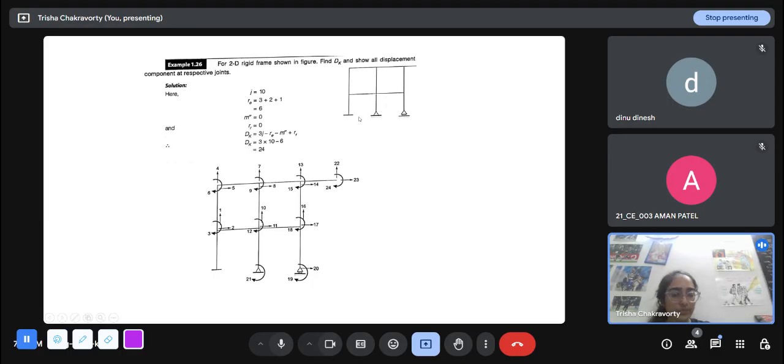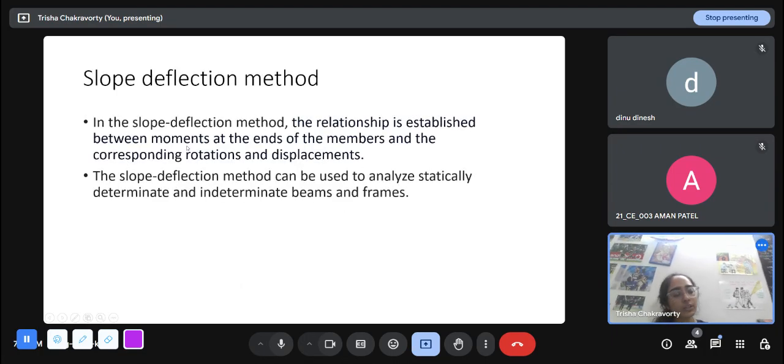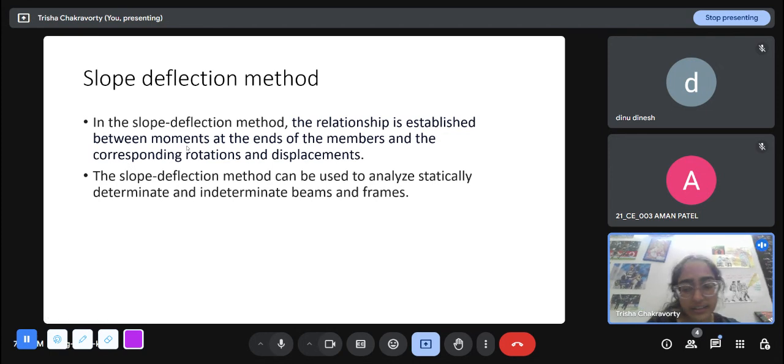And this point is completely fixed. It has no kinematic degree of freedom left. The hinge support has a rotational degree of freedom, and the roller support has a rotational and a horizontal degree of freedom. The vertical is restricted here. So adding them, you will get 24 here. Okay. Are there any doubts about kinematic indeterminacy?